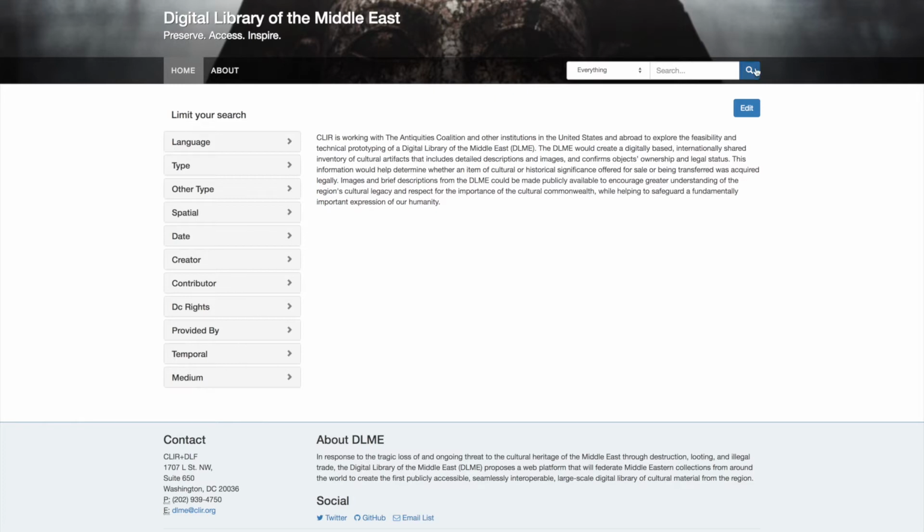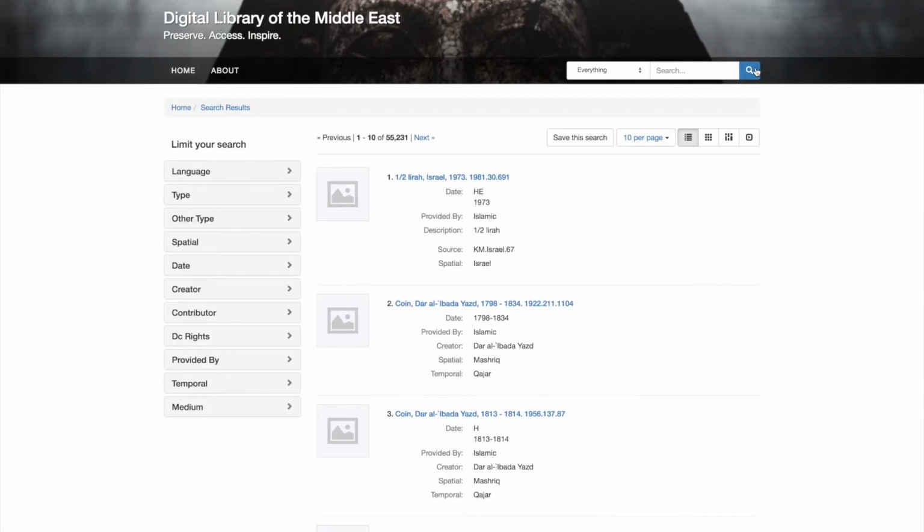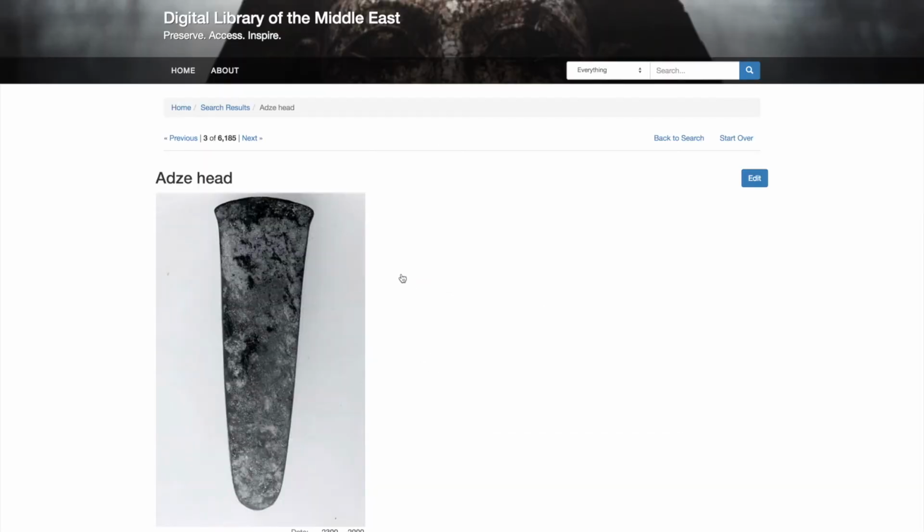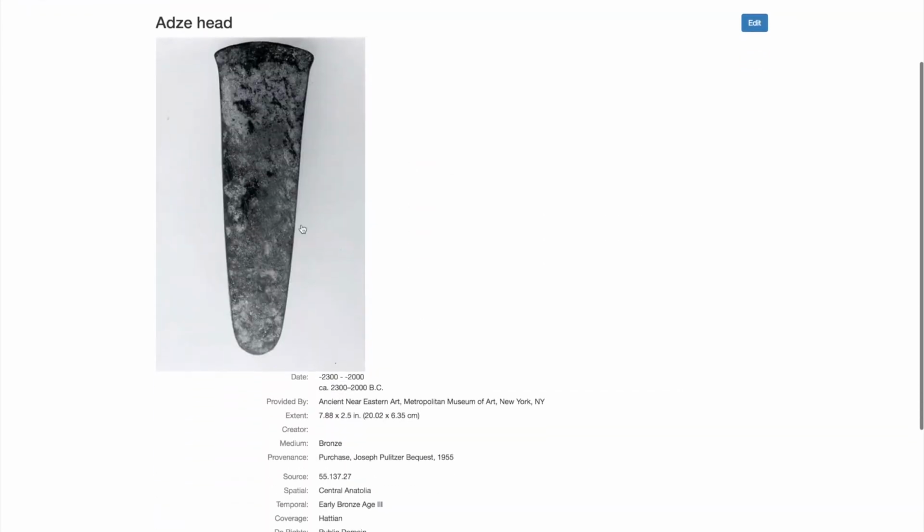As we've started aggregating more data into the project, we've discovered that many of our providers' metadata does not include references to thumbnail images. For aggregated objects without these thumbnails, we're now able to show a placeholder image instead. For resources with imagery, we're able to display those thumbnails as part of our search results views and on the show page for these objects. The image is a link to the original data provider's website.